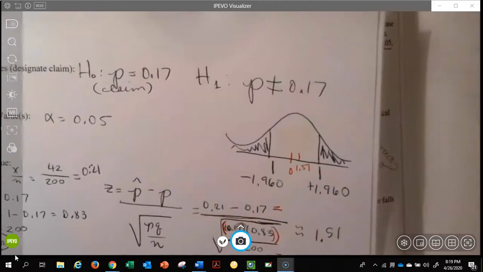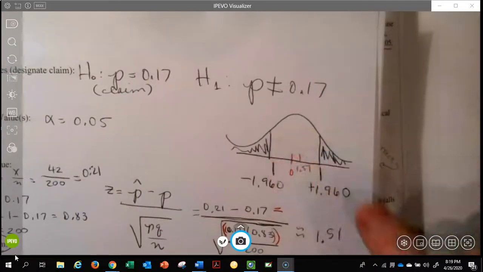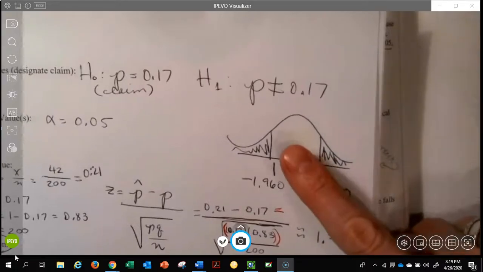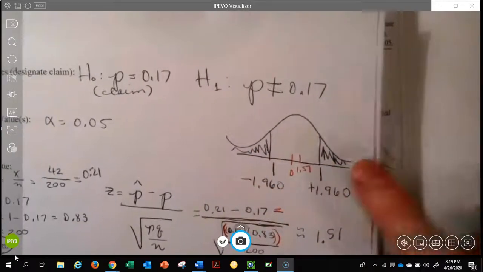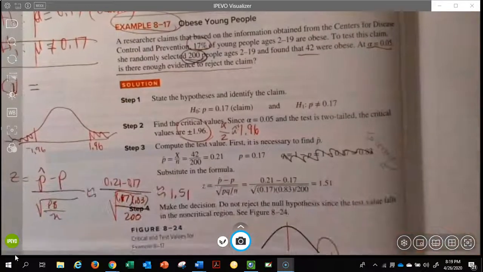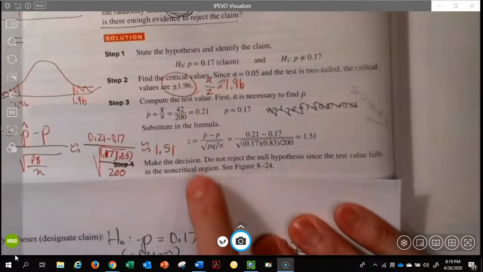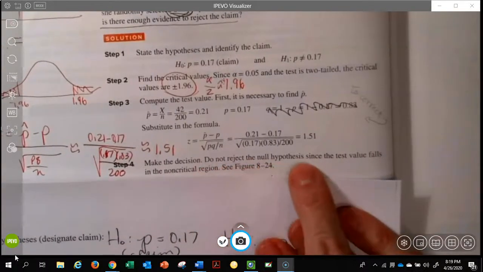And so we are not in trouble. I don't know how you want to play around with this to find that we are not going to reject the null. We are safe, we are good, we are not in the forbidden land, whatever you want to call that. And so looking here at their words on make this decision, we are not going to reject the null